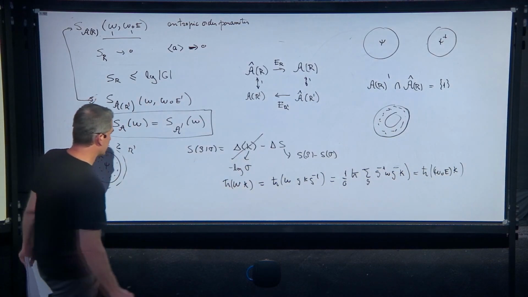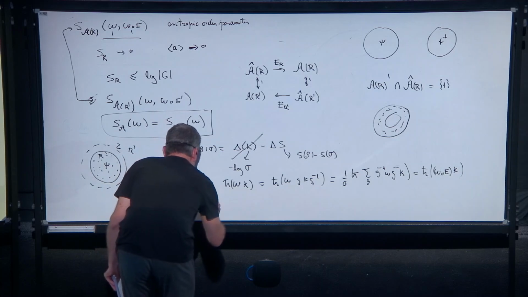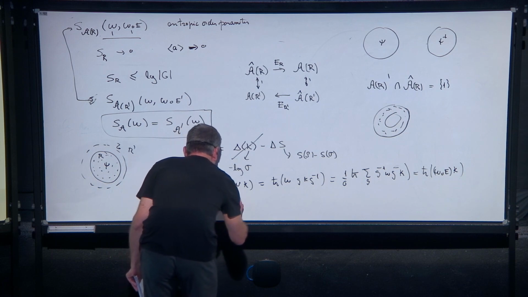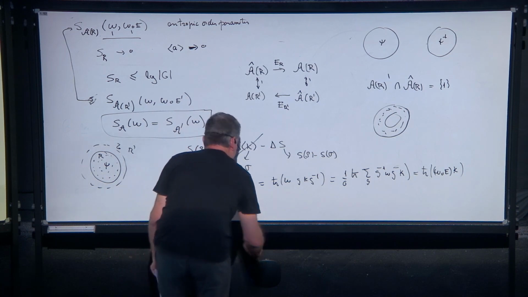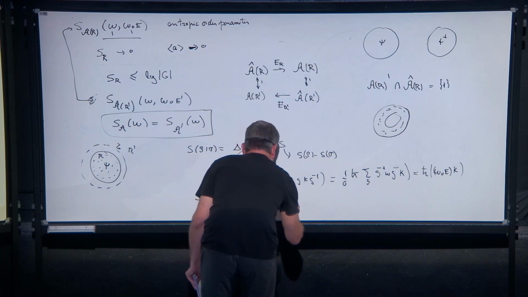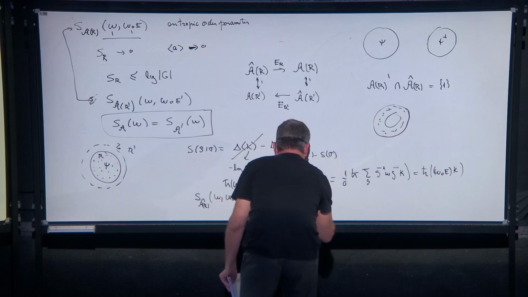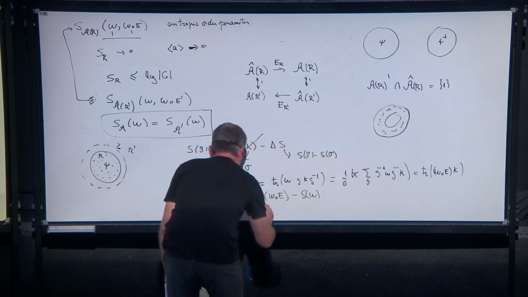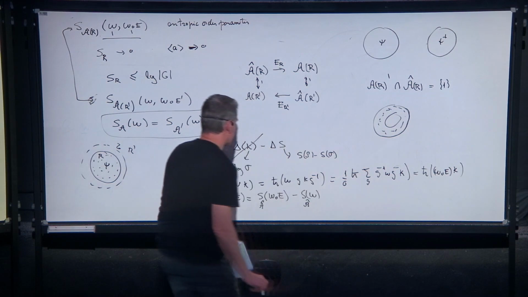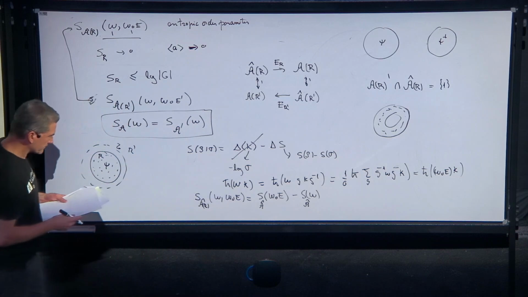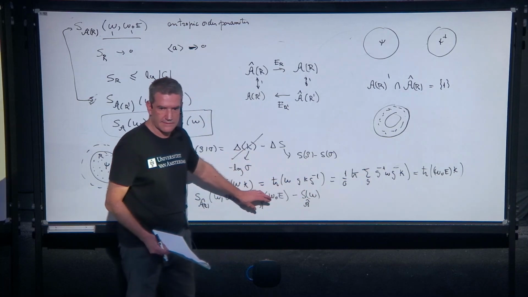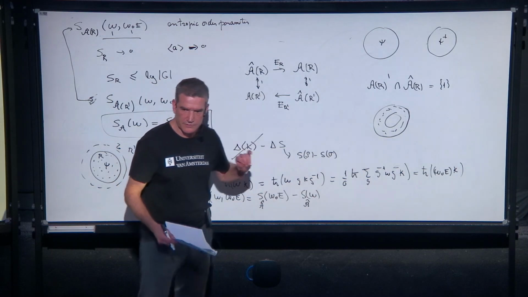And with that, I get that the relative entropy in the maximal algebra of R between omega and omega composed with a conditional expectation is equal to the ordinary entropy of omega composed with conditional expectation minus the entropy of omega, both in the maximal algebra. So in this case, it's easy: you get just a difference of entropy.